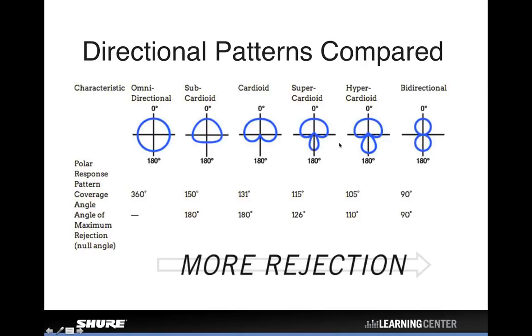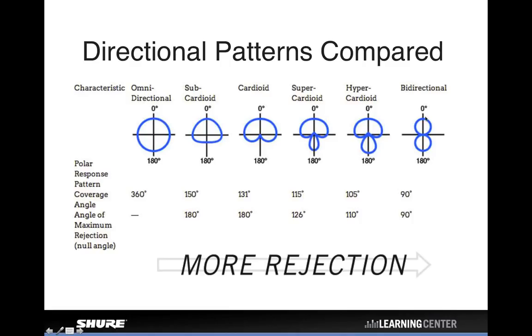A trade-off you might note, though, is that as you get increased rejection at the sides of the mic, you end up with a little bit of pickup at the back of the microphone. It's kind of like squeezing a balloon in the middle. One side gets smaller on the top, which means it has to get bigger on the bottom, so you end up with a little bit of pickup at the back,